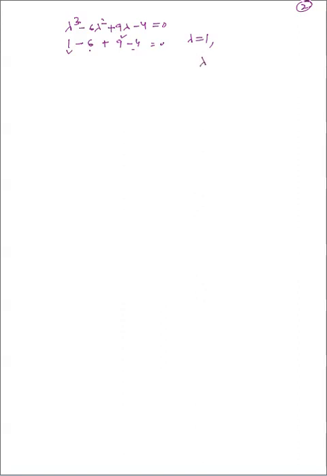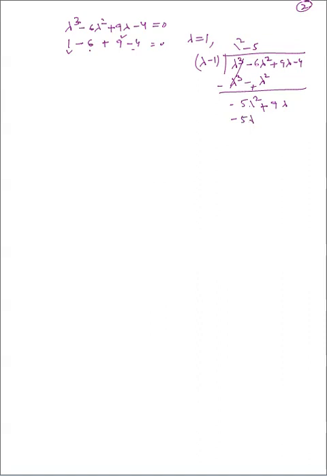This becomes lambda minus 1 into lambda cube minus 6 lambda square plus 9 lambda minus 4, so lambda square, lambda cube minus lambda square, so minus 5 lambda square plus 9 lambda, it gives minus 5. So minus 5 lambda square